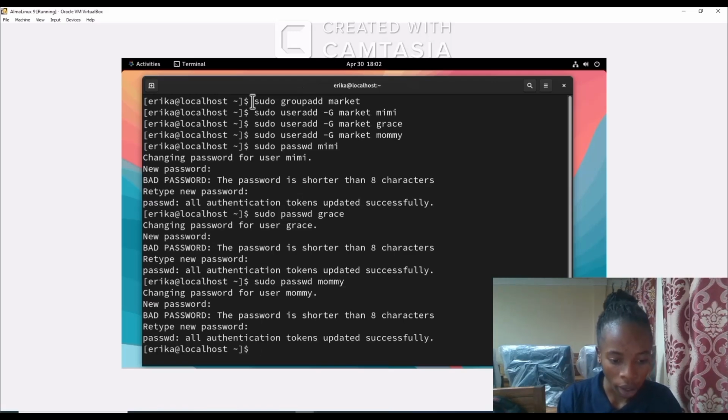Okay. After creating our users in the market group, we will now create a directory at a root level. So sudo mkdir sal. The directory will be named sal. And then now we will change the ownership of the directory to nobody and the market group. So sudo chown nobody:market